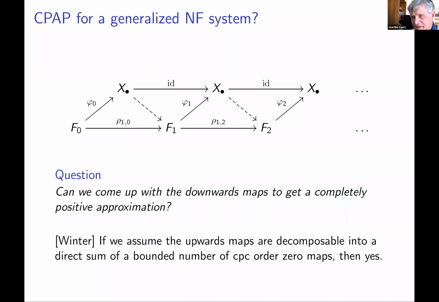Can I make a comment? That's one way to go, to incorporate KK theory, and I'm sure this is possible. But the first test case would be the Künneth formula for tensor products. And for this, you can say something in principle without using KK, and it's one of the motivations to try to prove a Künneth formula for tensor products in terms of these systems. But we don't have this yet. But we can describe K theory though. I mean, for every nuclear C-star algebra, you have a really nice approximation with good algebraic properties. So, I mean, that should help.